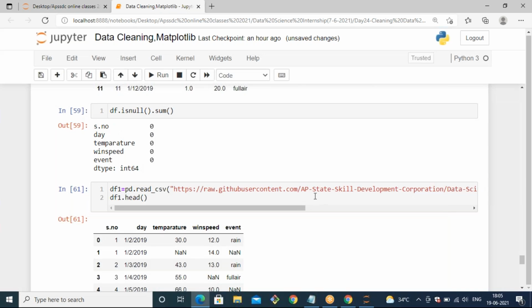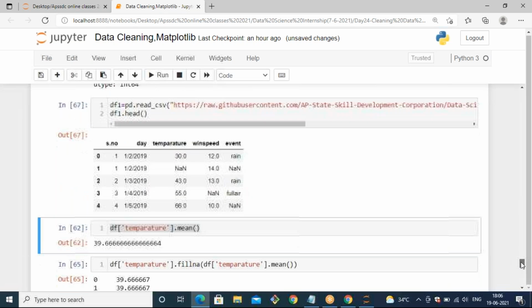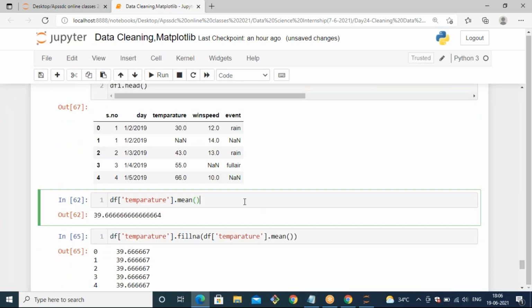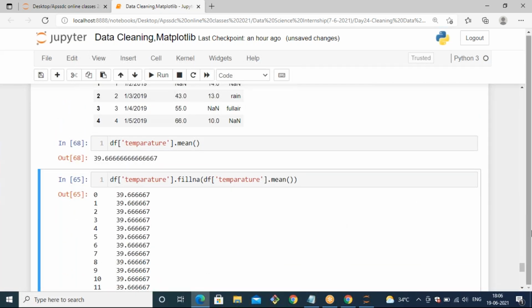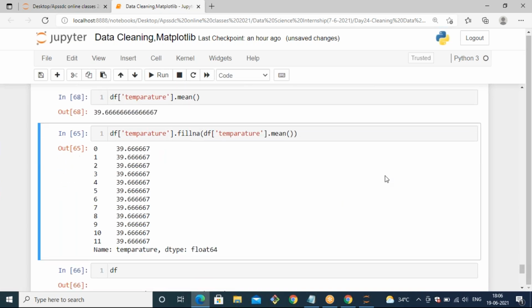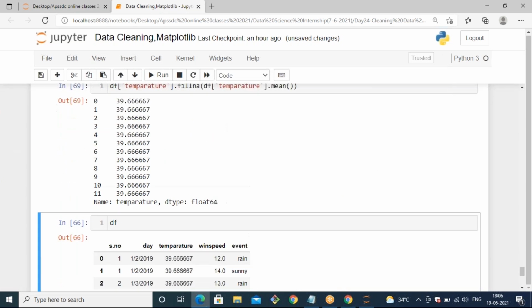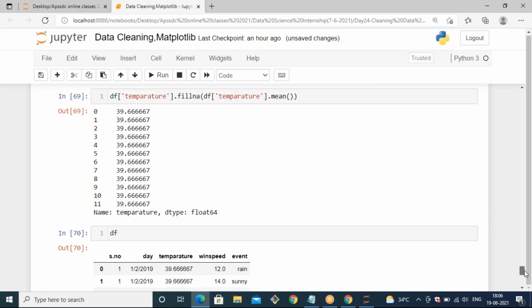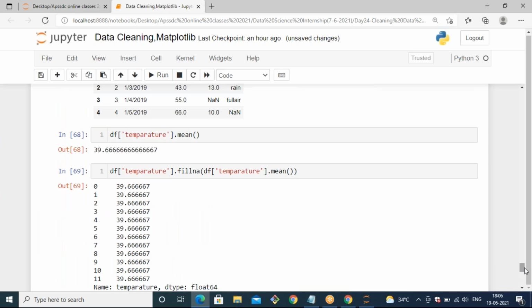So I'm going to run this cell again, the previous cell having null values. df of temperature dot fillna.